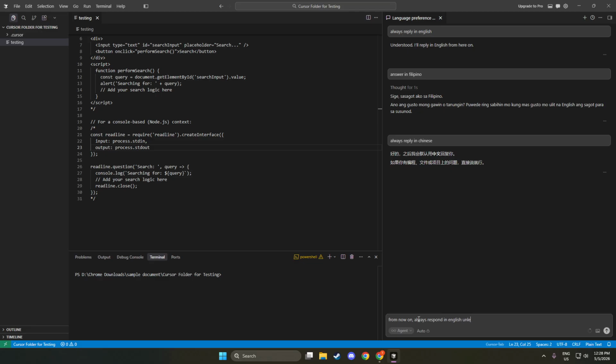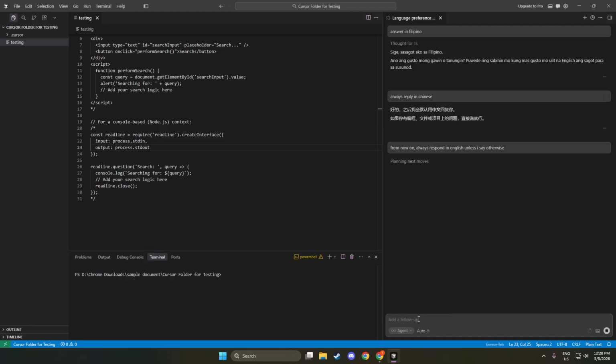A few tips for smooth results. Put the language instruction at the very start of your session, before your main request, so every answer that follows comes back in the language you expect. If you paste content in another language and notice the AI starting to mirror it, just restate your instruction in a single clear sentence and continue. If you decide to switch languages mid-conversation, send a new one-line instruction, then proceed with your next prompt.